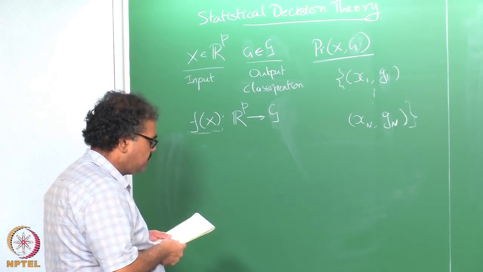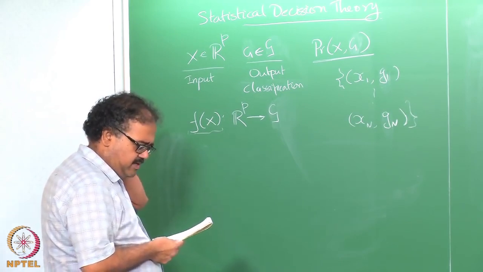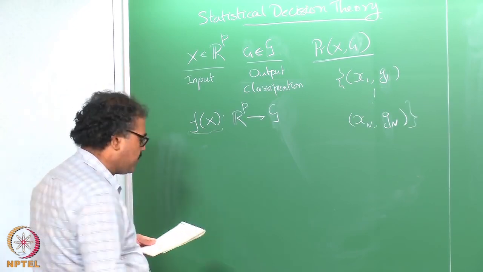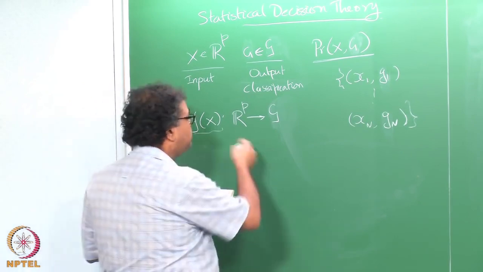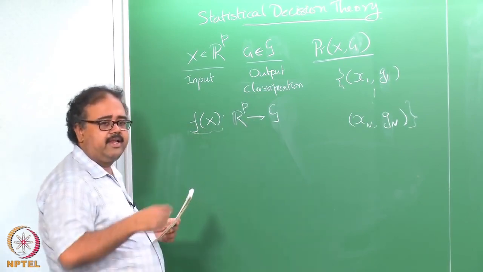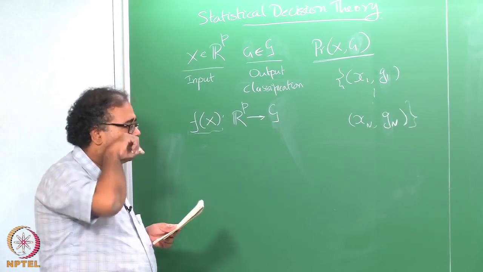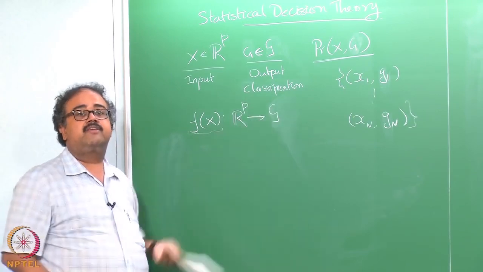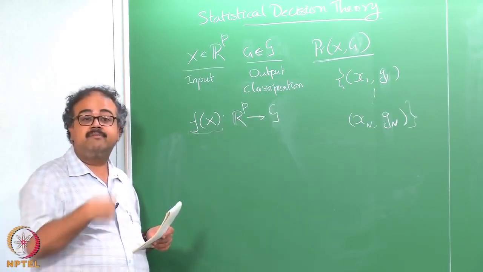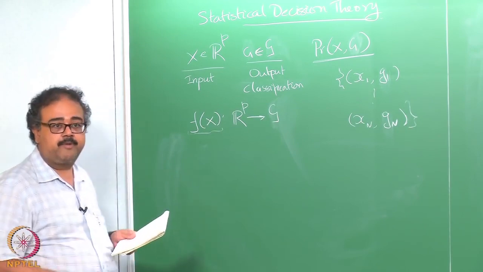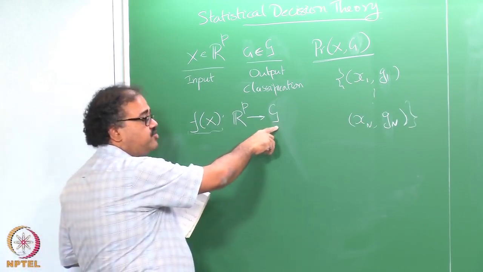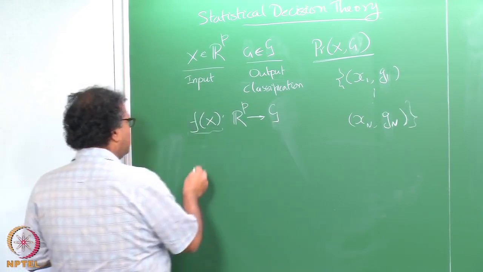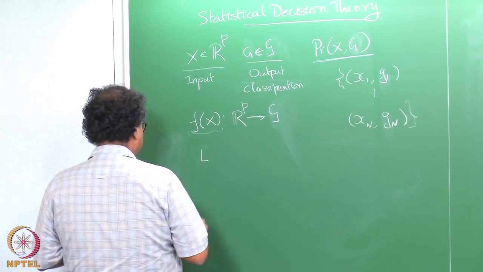And so, the thing that we have to look at now is what is an appropriate loss function in this case? Since we are talking about a discrete output, I really cannot talk about squared error as a loss function, even though in cases where the discrete values have been encoded as numeric outputs, people do use squared error, and we will see that later. People do use squared error as an appropriate measure as long as your space G has been encoded numerically. But in general, we are going to define the loss as a